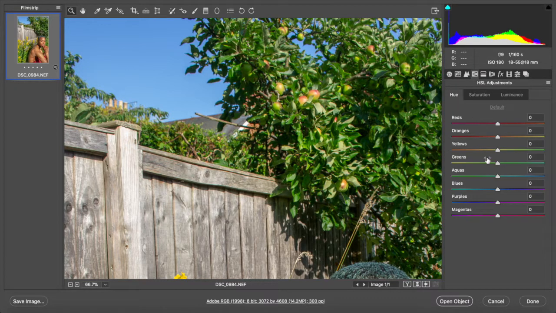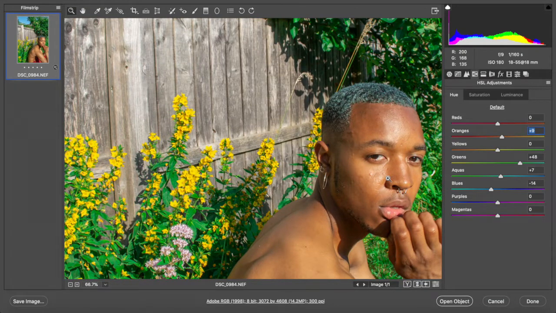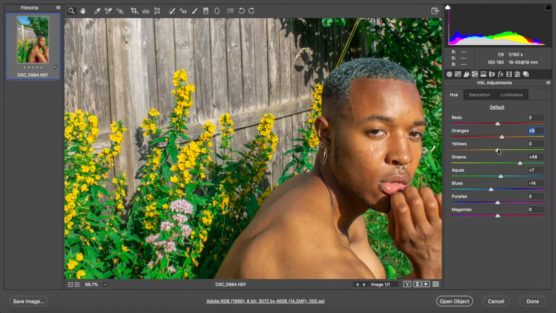So I play around with the colour adjustments on the HSL setting, starting with the sky and the leaves on the plants. Bring the greens and blues a bit more out. I take out the redness of the face, so my subject doesn't look too hot. So this is just me colour grading. Again, my way